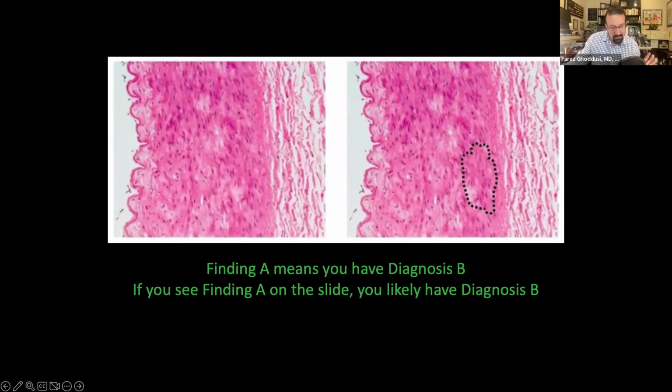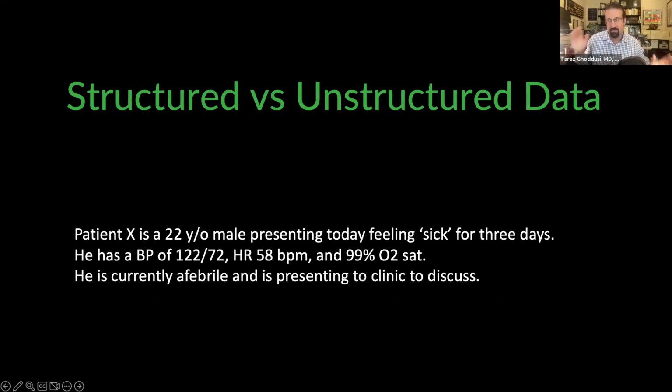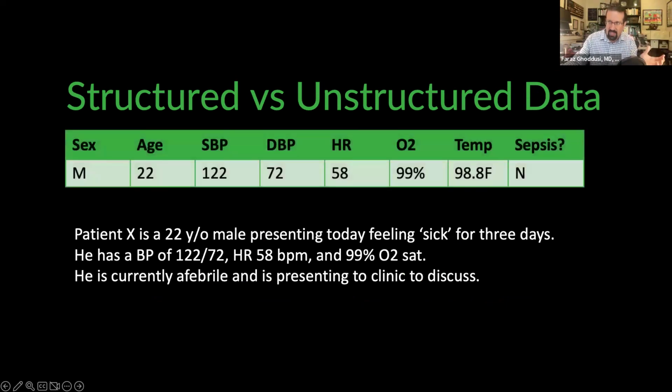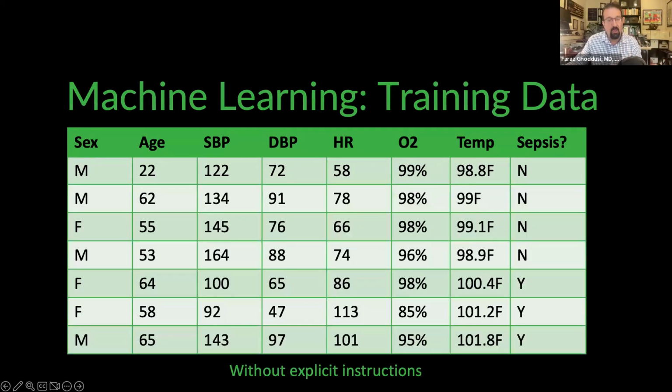But that sort of started to shift as we talked about machine learning. And to really understand the basis of that, it's important to break things down into structured and unstructured data. So you have a note, generally it's unstructured, but you could turn that into something that's structured, and then you can make that into something that machine learning can use to do something. So this ends up being that key when we're talking about machine learning. So one of the earlier uses was something like a sepsis model, right?